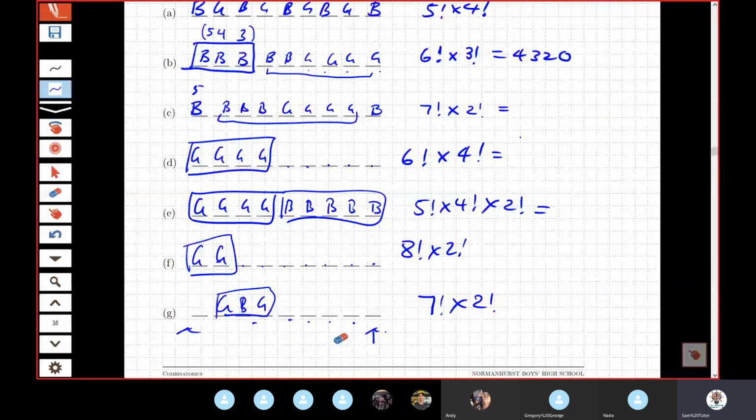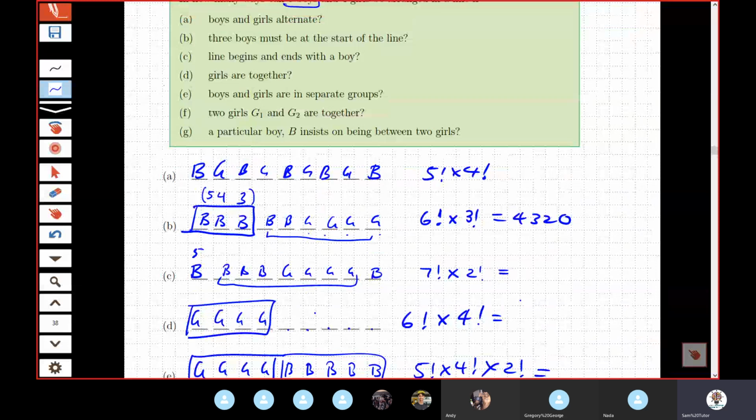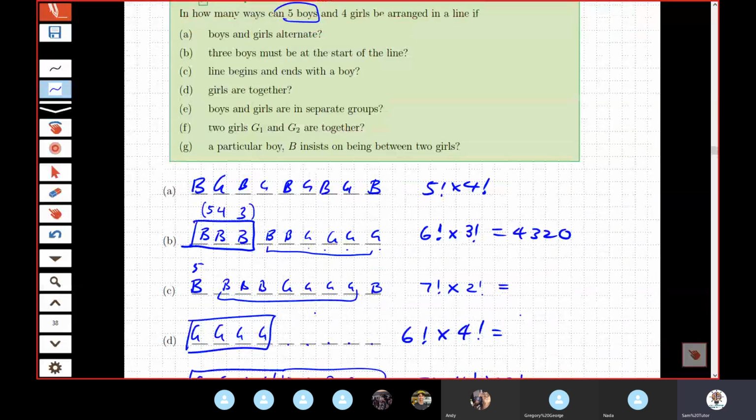I can't see anything else. That makes it a lot more. Now let's go back up to your B. 3 boys must be at the start of the line. Let me see if I can get this out for you your way. You can't say 5, 4, 3. Then you're doing it my way. You're meant to say 5, choose 3. You've got 5, you're choosing 3. And then,